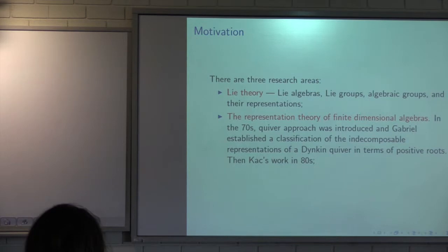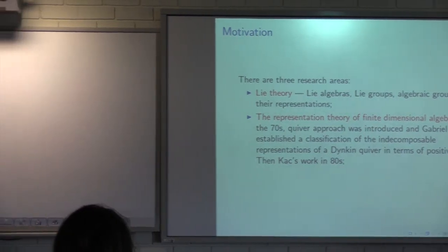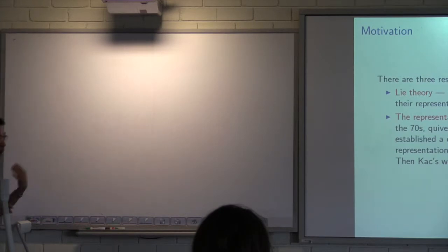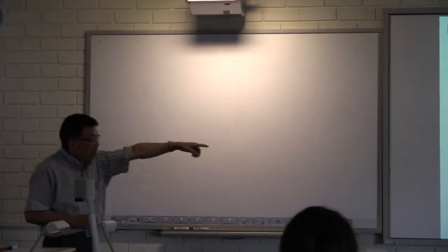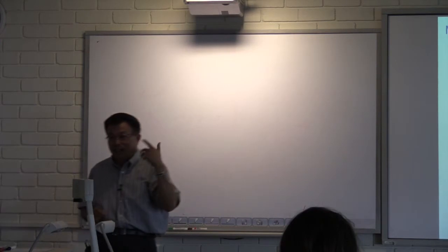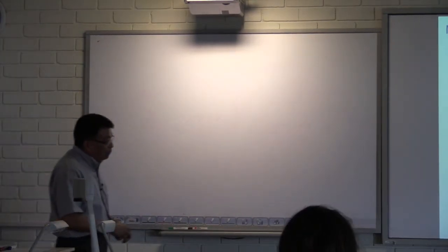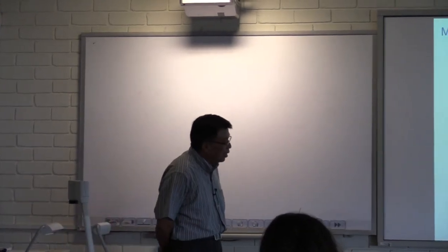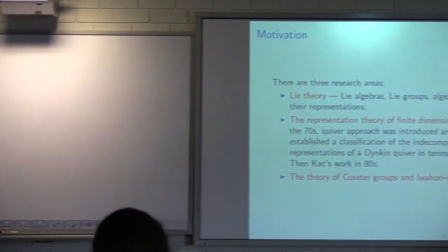So you think, that's from Lie theory, right? In terms of positive roots. Then this work was generalized in the 80s by Kac to Kac-Moody algebras, etc. So you can see this area touched Lie theory a little bit at the root system level. There is also a relatively small area, part of the group theory of Coxeter groups and Hecke algebras.